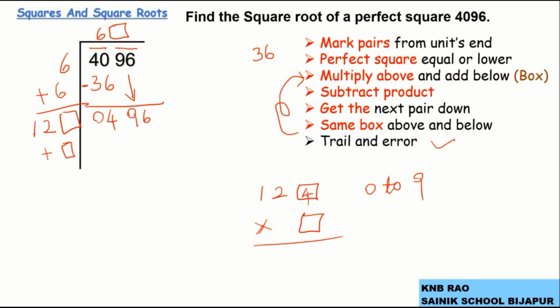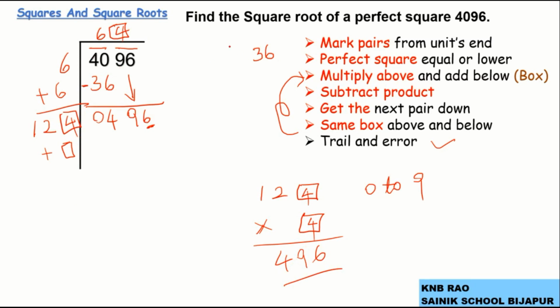If I choose 5, 125 fives, again it is somewhere close to 500 above. So I am taking in such a way that since this digit is 6, we know 4 fours ends with 6, or 6 sixes ends with 6. It cannot be 6 because 100 into 6 is 600 and it is 400. So I have chosen 4. Now 124 fours is 496, equal it is. So that's how we have chosen.